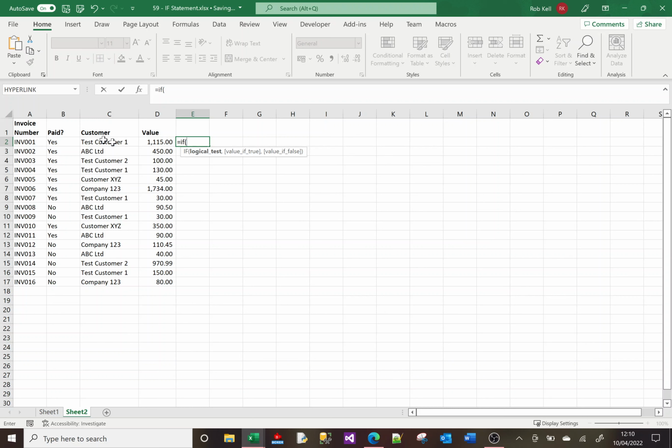So I can say if this field here equals "yes", and I put the yes in quotes because it's text. That's my logical test. Does B2 equal the value yes? And then I put a comma, and it says, what do you want to do if it's true, and what do you want to do if it's false? So if it's true, I want it to return "it's true", and then a comma for the false value, and I'll say "it's false", and then I close it off,